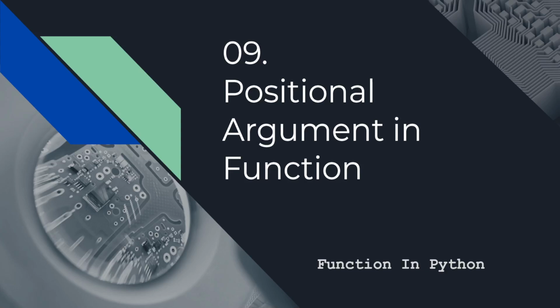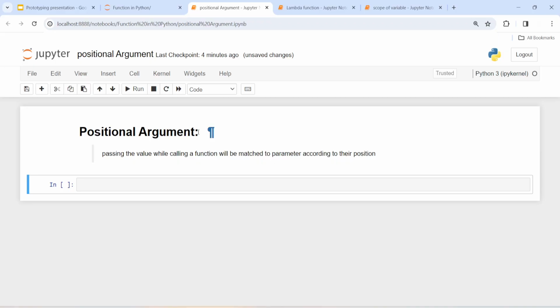In this video, we will see positional arguments in functions. A positional argument is nothing but when we pass the value while calling a function, it will be matched to the parameter according to their position